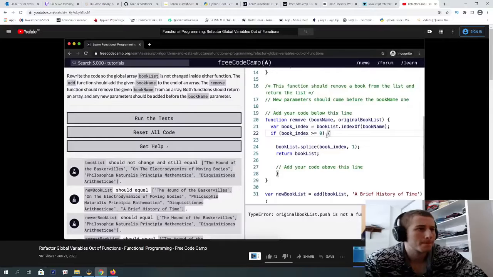If book index is greater than or equal to 0, which means if the book is there. If the book's not there, the result of this will be -1, because the book name will have an index of -1 because it's not on the book list. This is just saying if the book is in the original book list,